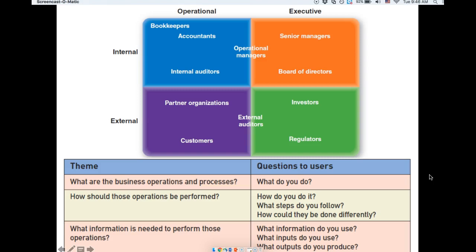Now, when we want to ask our stakeholders questions, we want to know what they do with the system. Those are the themes that you see here. What is it that they do or they expect to do? In this case, because this is a new system for a new colony, we want to know what they expect to do with that system. Now we also want to know how they do it, so the steps that they are taking to complete those